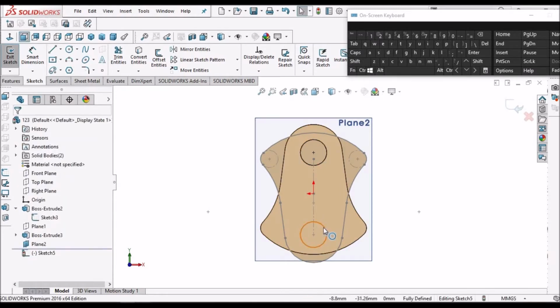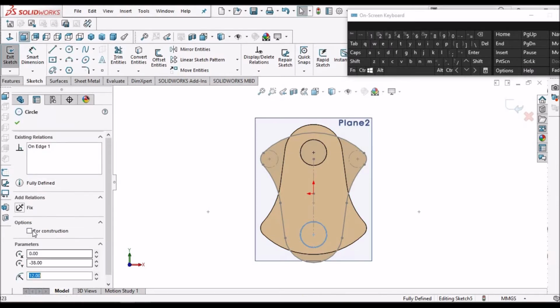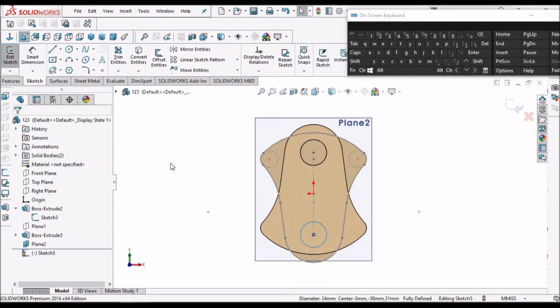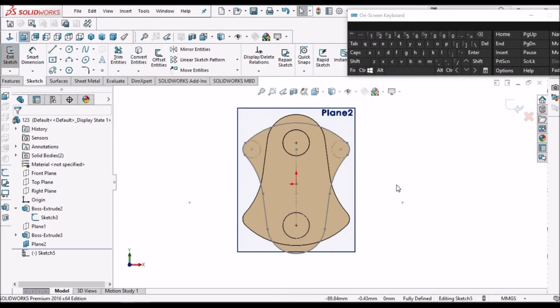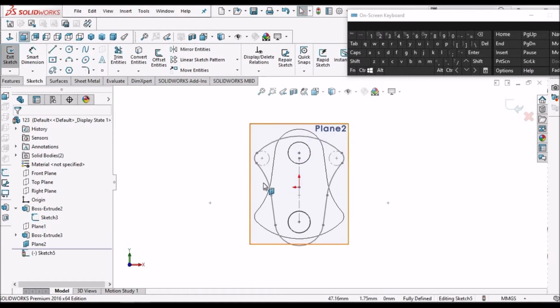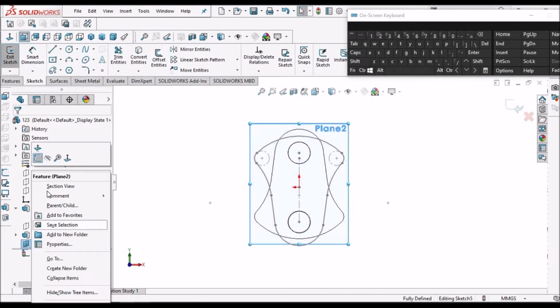Same way I will select this edge, convert entity. Select this circle and construction. Keep it in wireframe and hide this plane.